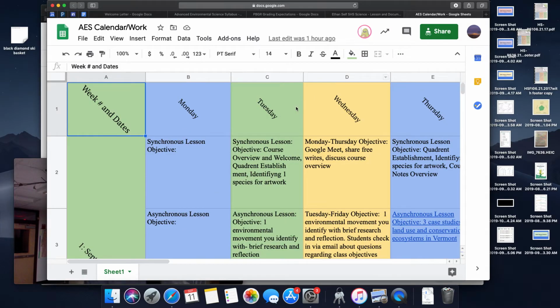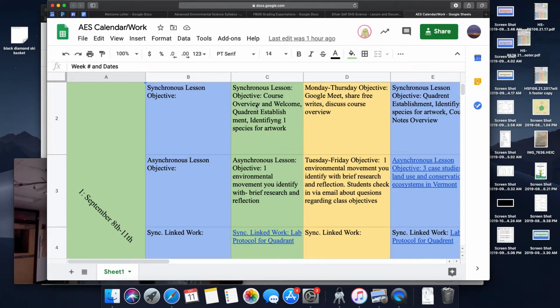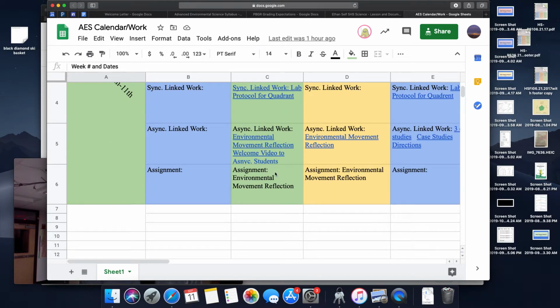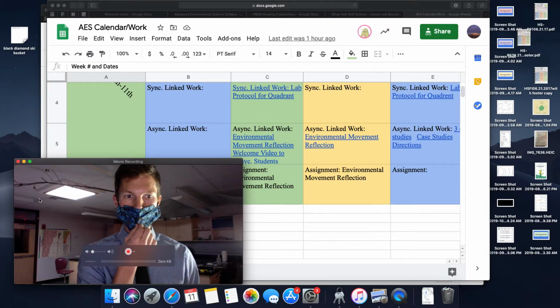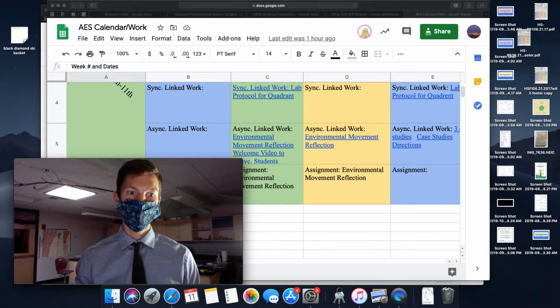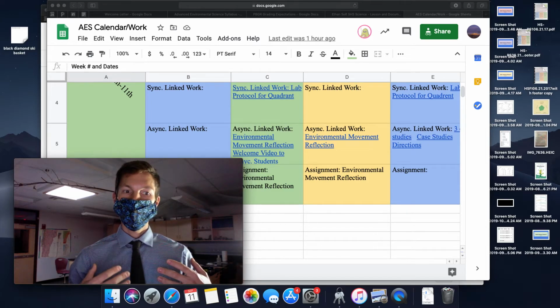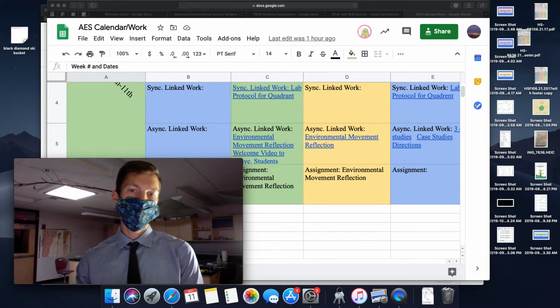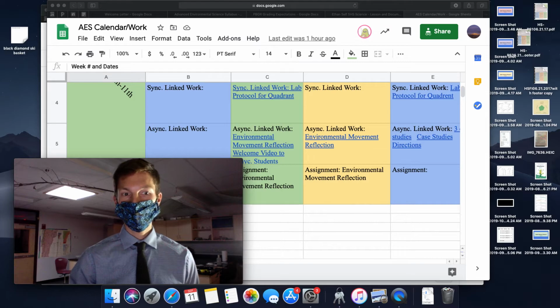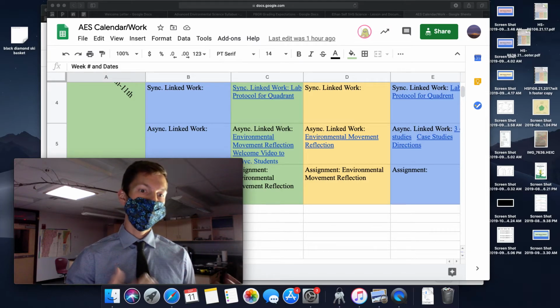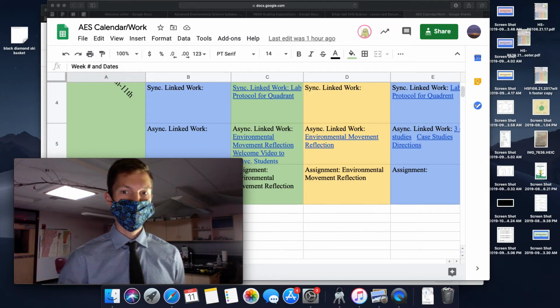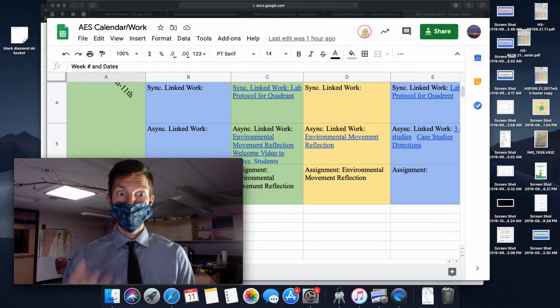So if we look at the calendar of this week, I have Monday lessons, Tuesday lessons that are synchronous and asynchronous with work and assignments related to both. This will hopefully help students that miss a day of school or need to get caught up an easy source to just know what they need to do, and it will help students also plan their week depending on games, practices, work, etc. So that's it in a nutshell.